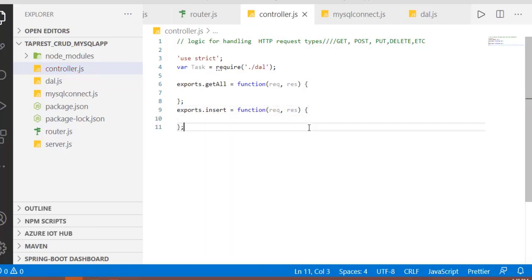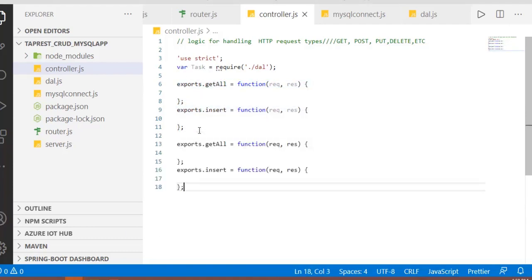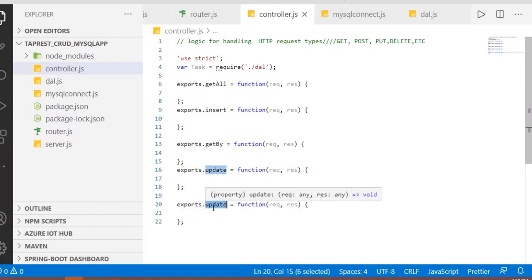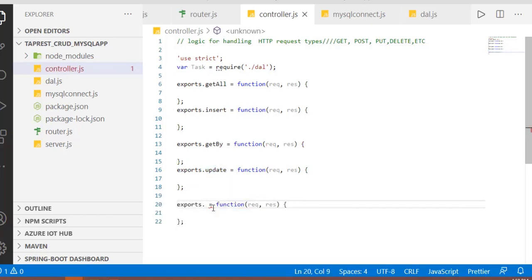So this is the way we will write our functions for get all, for insert, as well as similar functions for update, remove, and get by. I'm just copying that particular content and creating the functional structure, where inside, our job is to call our DAL logic, and based on the DAL object, data is going to be returned to you.